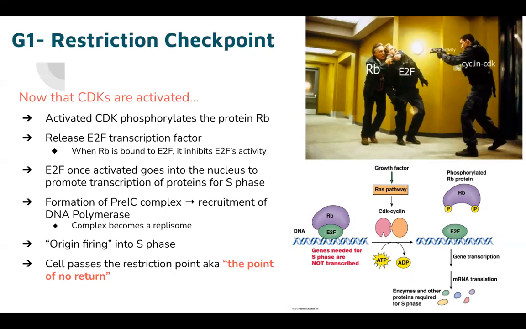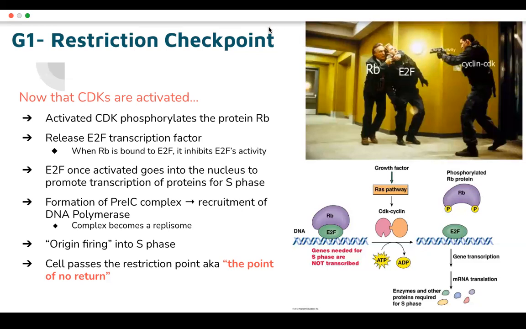So in order to do all this, what happens is you'll have a growth factor come in. You'll have the RAS pathway activated. As you guys have learned, that whole pathway ends up activating CDK cyclin as its end result. And then CDK cyclin will go ahead and phosphorylate the RB protein, as you can see right here. And once it phosphorylates the RB protein, that causes RB to let go of E2F and allows it to,